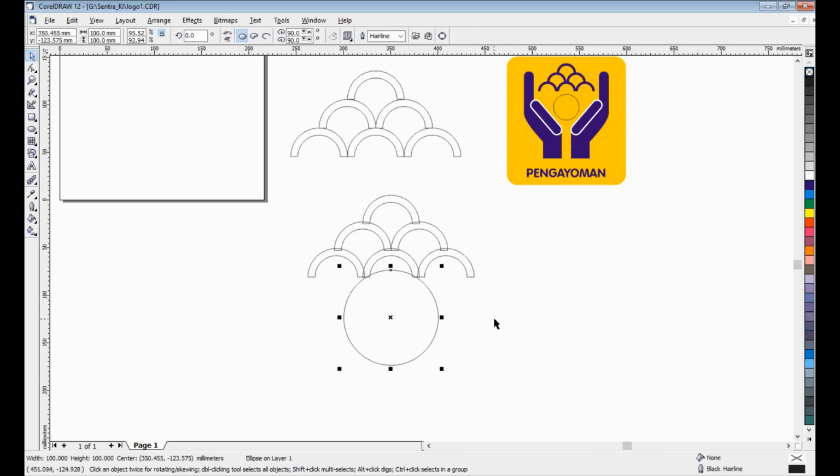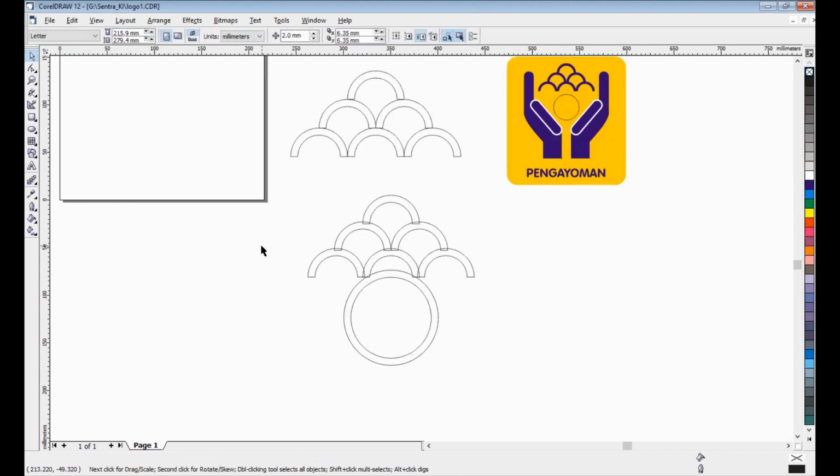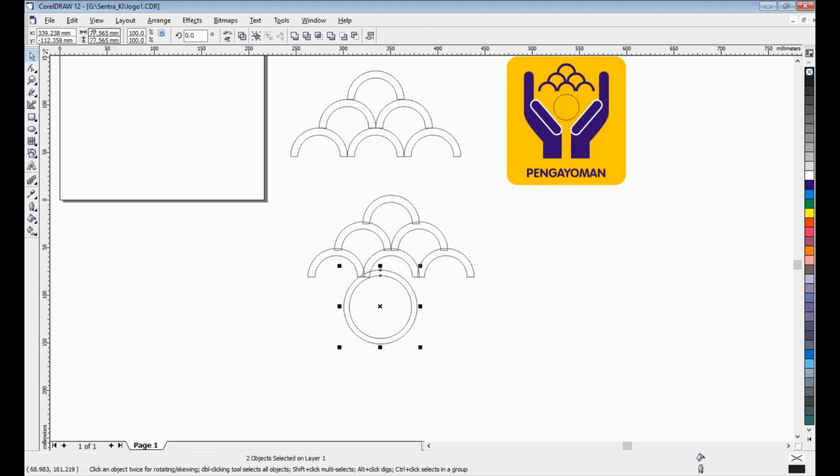Okay, enough. Control C, Control V, but set maybe like this. Okay, that's it. 1 2 3. Okay, maybe smaller, I think. 5.